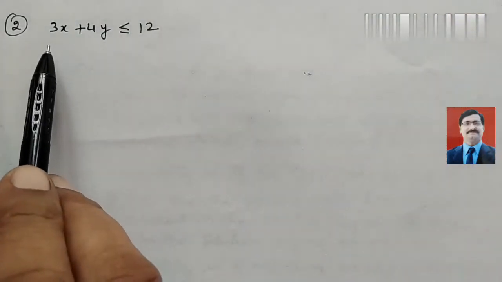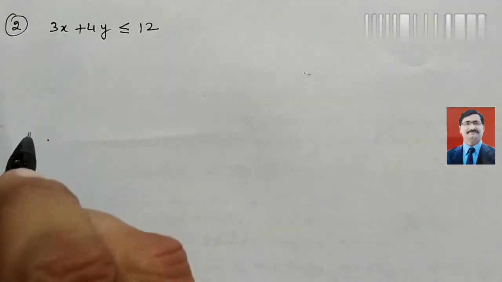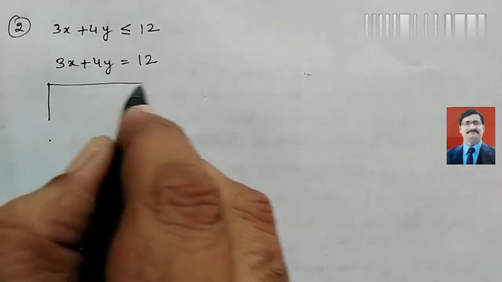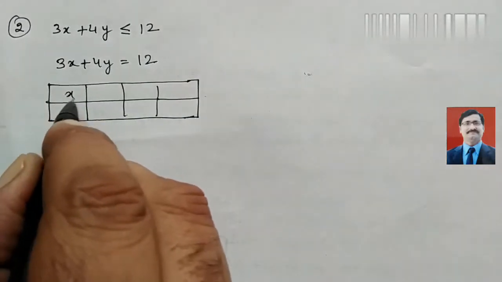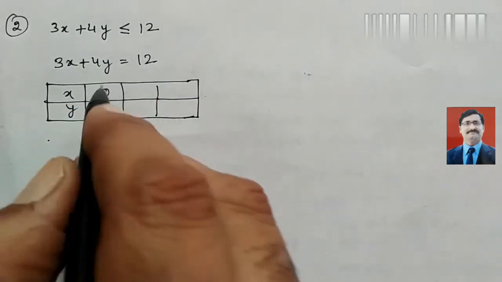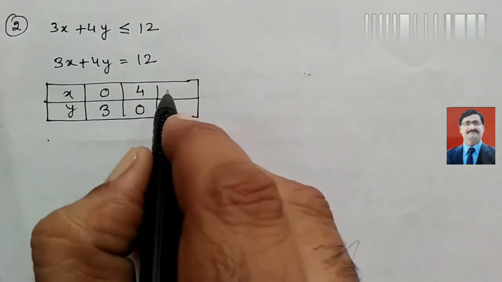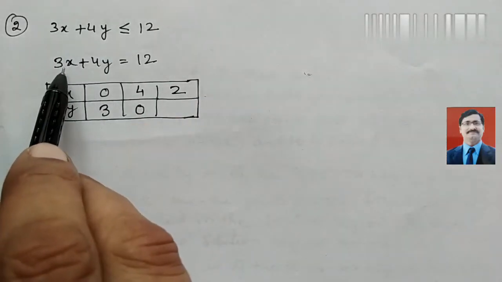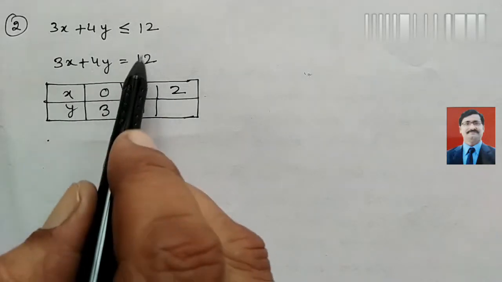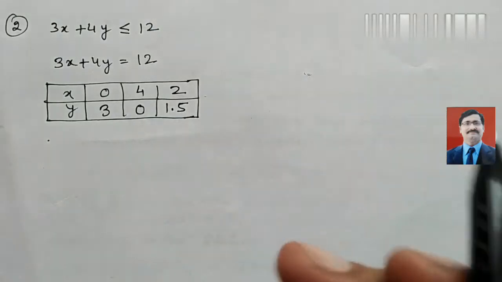This is the second question. 3x plus 4y is less than or equal to 12. In this also we will first take a line, 3x plus 4y is equal to 12, and here also we will put some points. Look here, in place of x we will put 0, in place of y we will get 3, since 4 times 3 is 12, and in place of y we put 0, which means we get x equal to 4. Then in place of x we put 2. So 3 times 2 is 6. 6 we transfer, we get 6 here, which means 6 by 4, which means 3 by 2. 3 by 2 means we can write 1.5. So these points we get here.